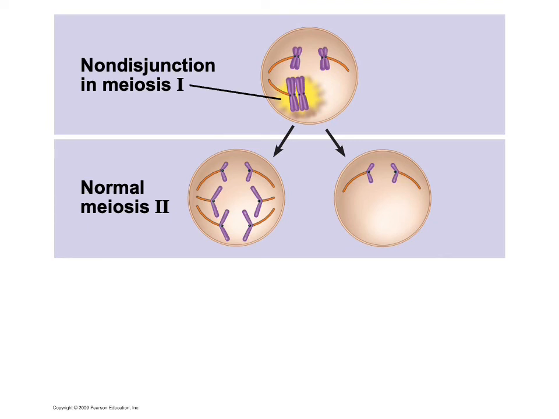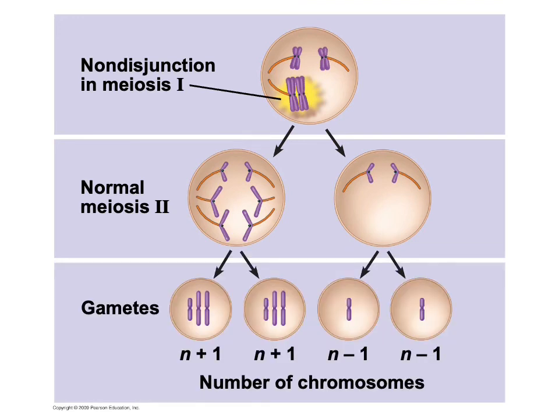So when these cells continue into meiosis 2 and then sisters do separate appropriately, the resulting gametes will all have an abnormal number of chromosomes. 2 of them will have an extra chromosome and 2 of them will have missing chromosomes. So this is problematic. Not having all the necessary DNA will generally result in a non-viable zygote. Having extra DNA may result in a miscarriage or a spontaneous abortion, or very infrequently, it may survive. For example, in Down syndrome, which is also called trisomy 21, the 21st chromosome is the one that was